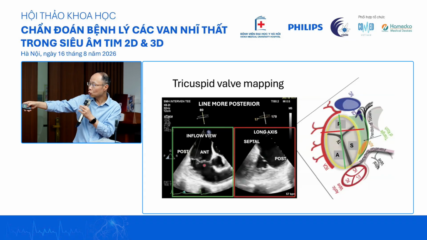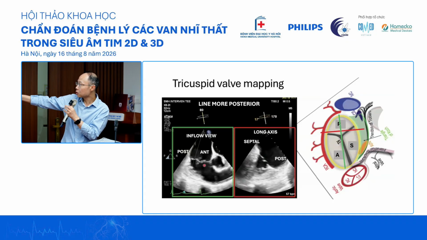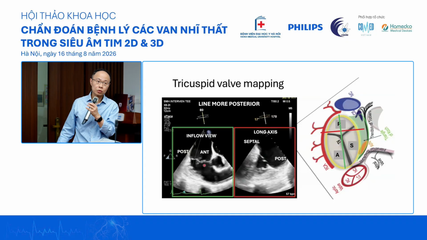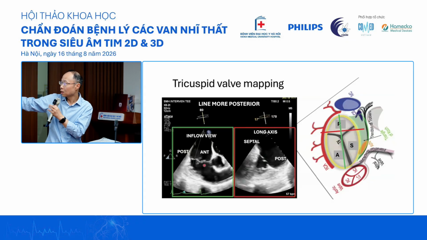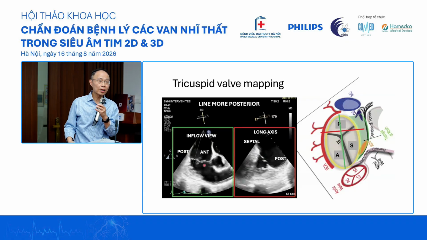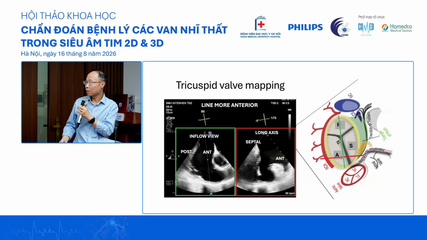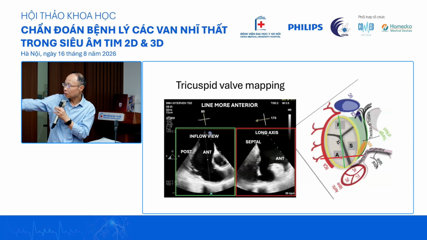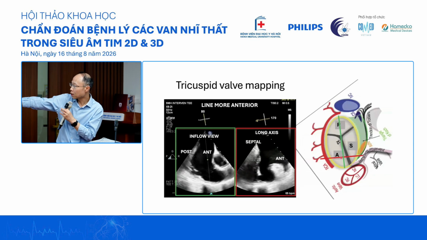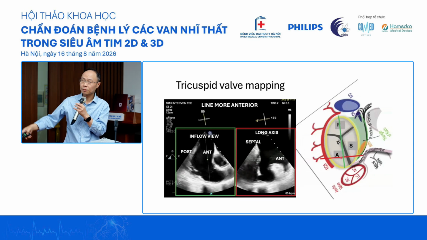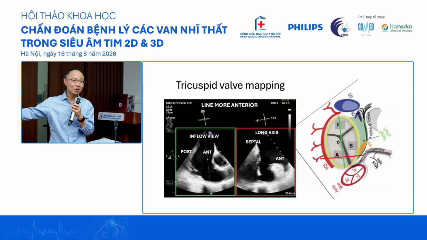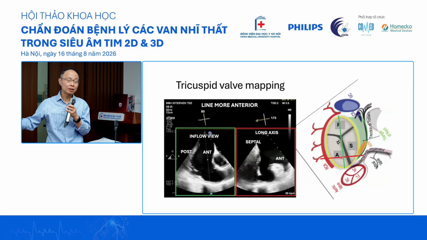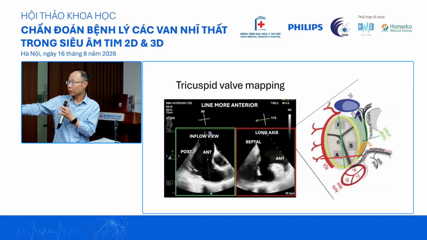And when you do that, the other X plane is going to show you right up here the septal and posterior, which also means that if you turn the other way around, you're going to get AP, but this red line here is going to be anterior and septal. So I think X plane for me is more reliable. So this is another one. You turn it around this way, going down here, you're going to get more of an anterior and septal leaflet. And this is the most important, because with respect to tricuspid clip, this is where we're going to clip.